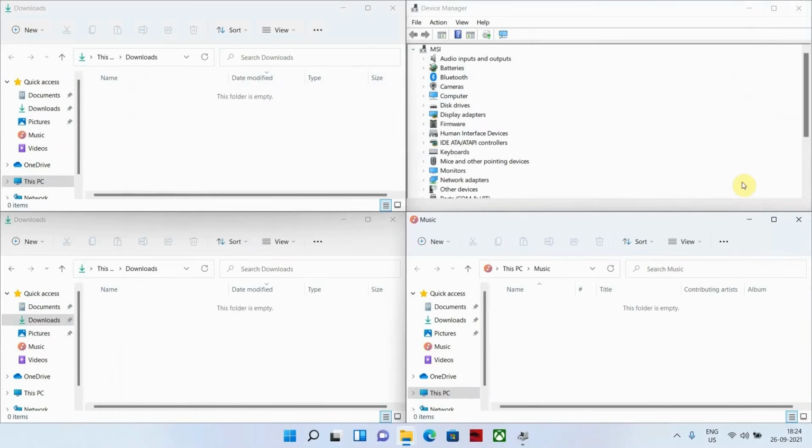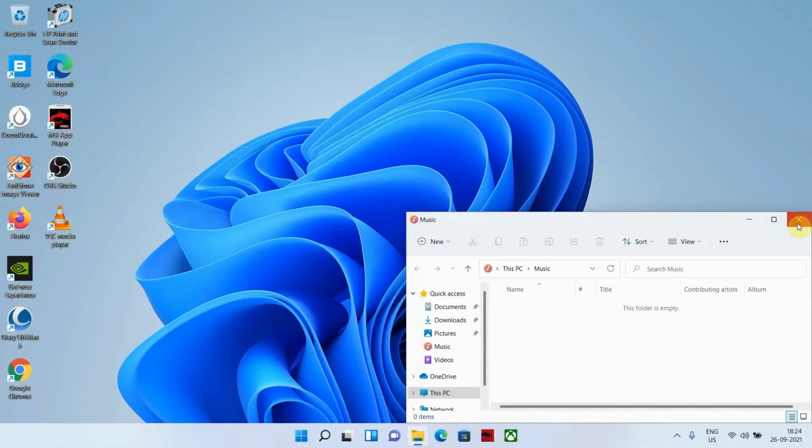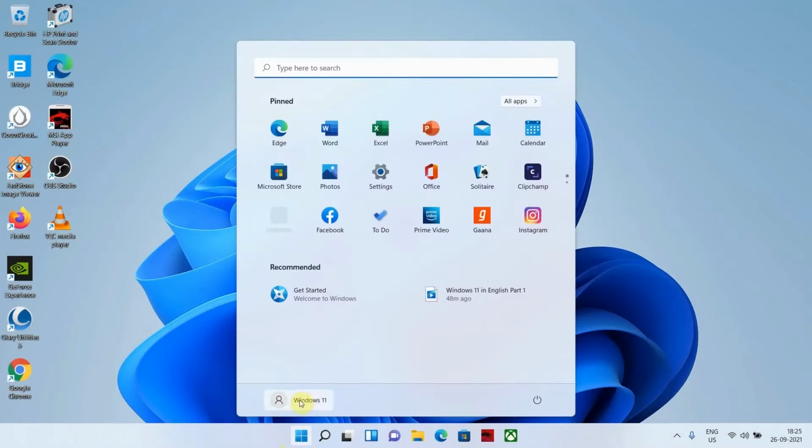Apart from that, I have to check the confirmation of whether we can run Android applications or not. So for that we will shift to a different user in which I have registered my Microsoft ID. So from here we will go to